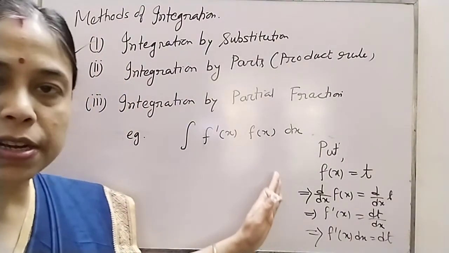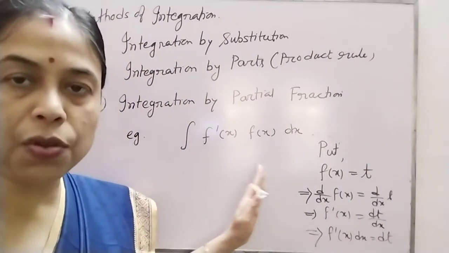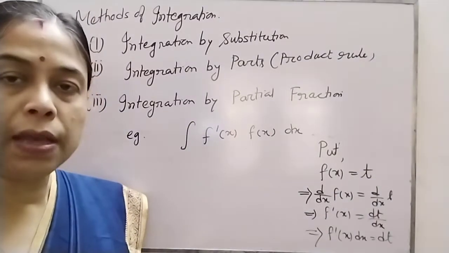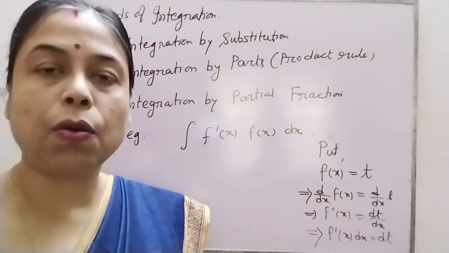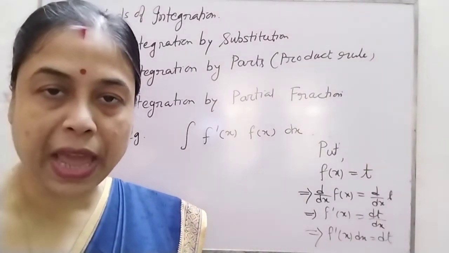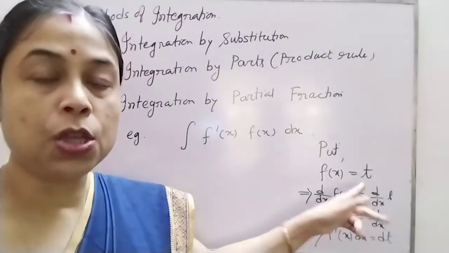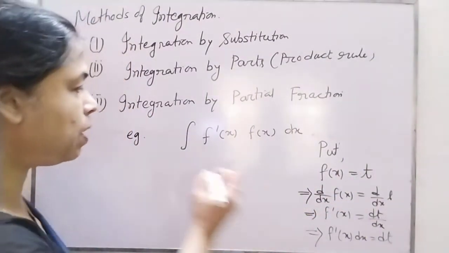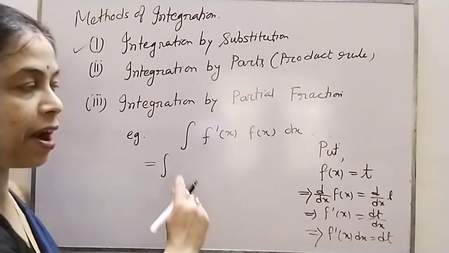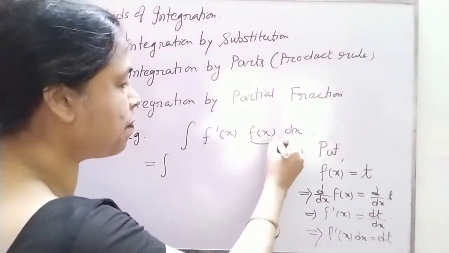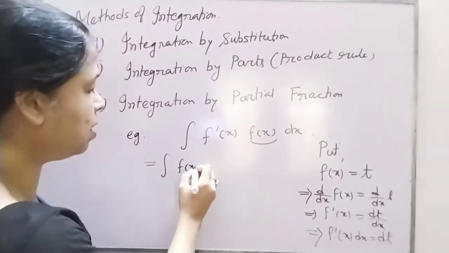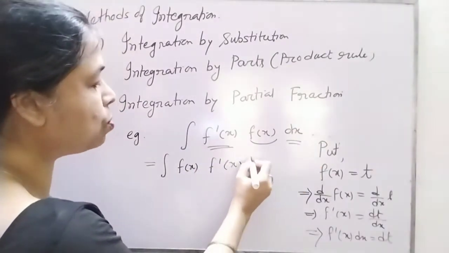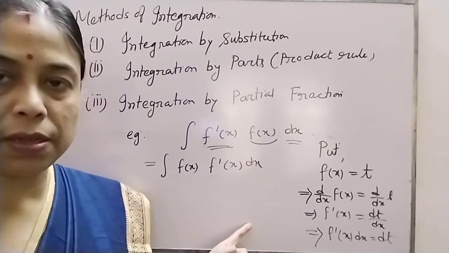Now you see, this is not rough work. You have to show this calculation in your answer. Now you have to use this substitution, and you want to convert the original independent variable x in terms of the new variable t. So everything in the integrand must be seen in terms of t. We have substituted f x equal to t, so I'm just writing it here, and f dash x and dx I just write together so that I can use our given substitution.